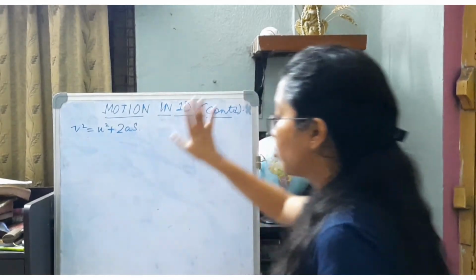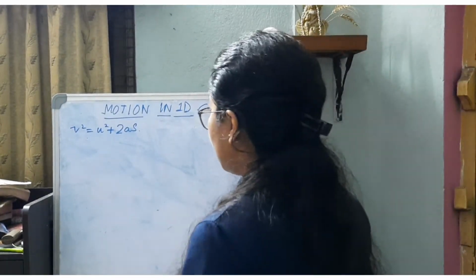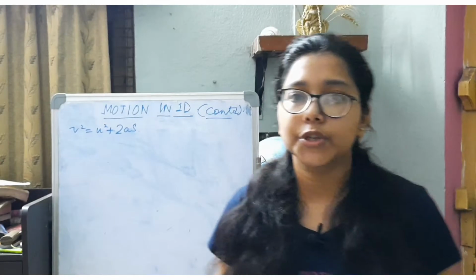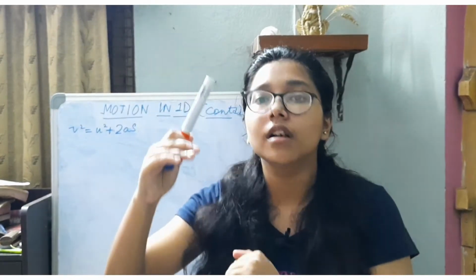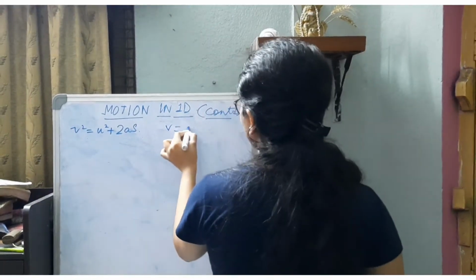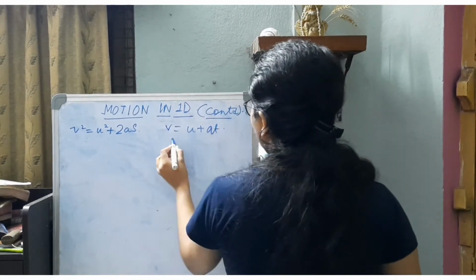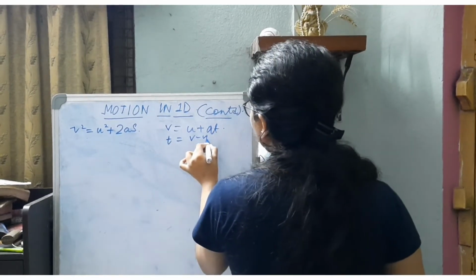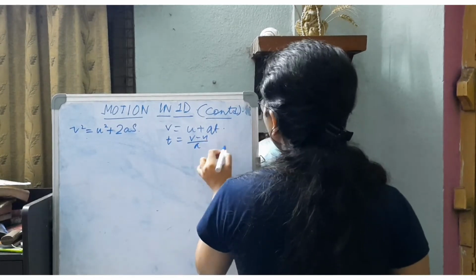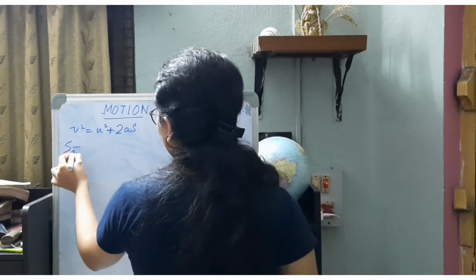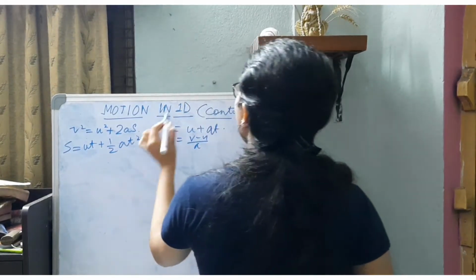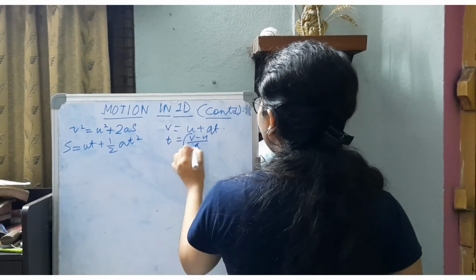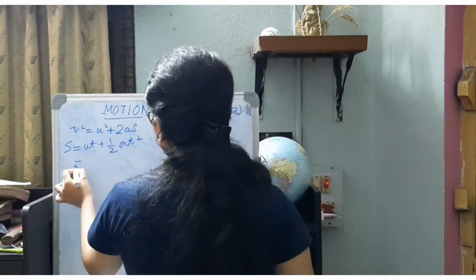Now moving towards the third equation, it is v square is equal to u square plus 2as. So how do I derive it? Whenever I am moving to the third equation, I can actually use the first two, okay. So from the first one, which is v is equal to u plus at, if I take the value of t, it is (v minus u) by a. And for the second one, it is ut plus half of at square. So I can use the previous two. Here I will be substituting the value of t obtained from equation 1.